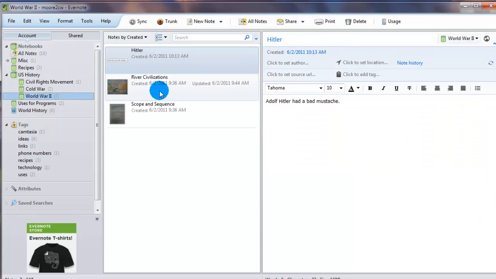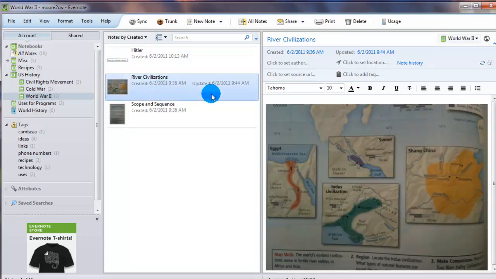I have another one that's actually a map right here, a picture of a map. And so as you can see, the possibilities seem to be becoming endless. You can create different notebooks to help stay organized. You can search through all your notebooks very quickly and easily. And you can also add physical things in there simply by taking pictures or scanning them. I want to go over one